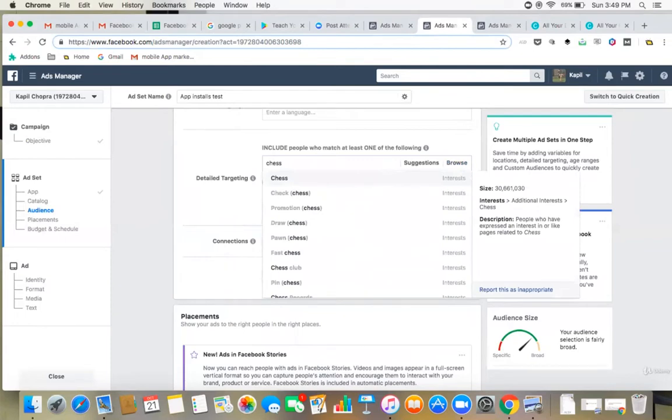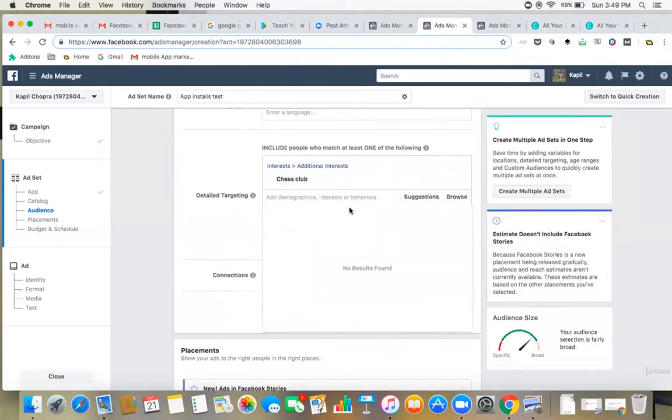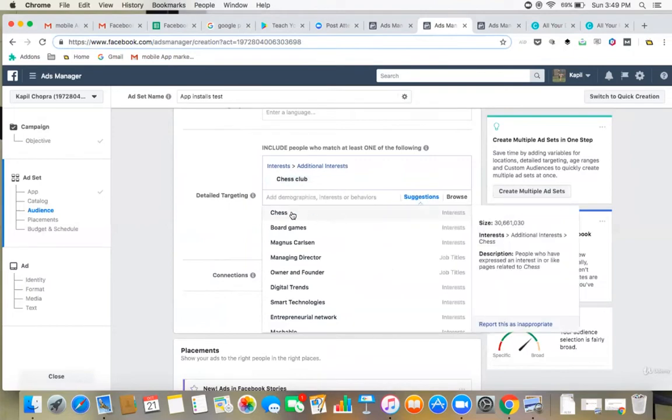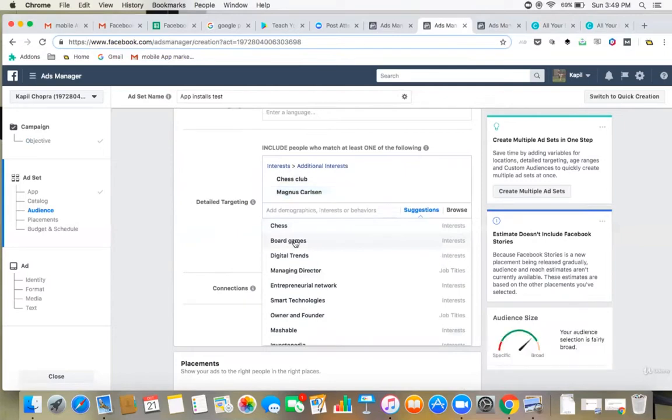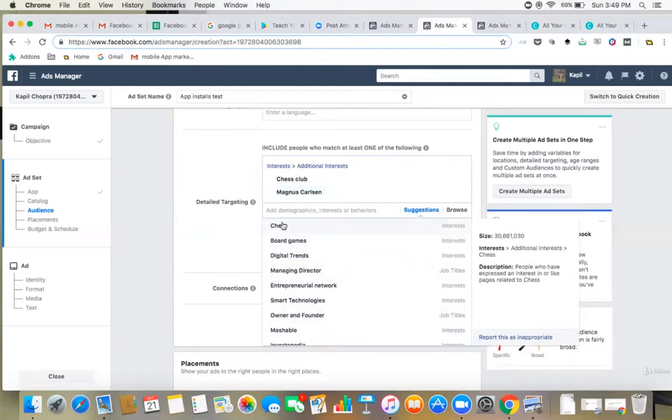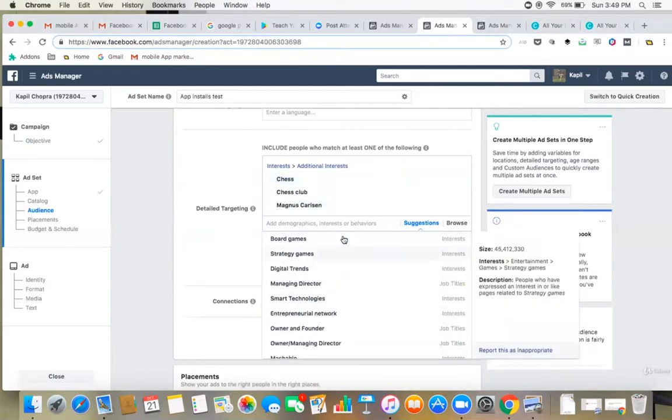Okay, so chess club. That is an interest. Yes, that is my interest. I will select that. And then if I select on suggestions, it is going to give me all of those suggestions. So now Magnus Carlsen, we know he's the top chess player. I will select that. Even the people or the board games, chess, all of these I'm going to select and have